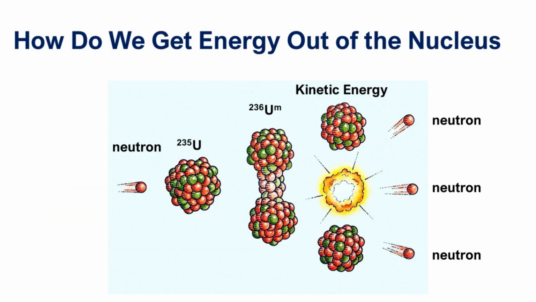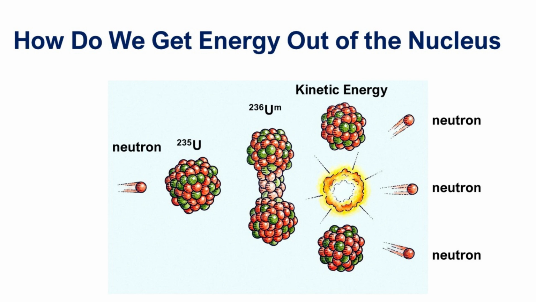How do we get energy out of the nucleus? As you can see on this figure here, from the left in comes a neutron and it hits a uranium-235 atom. The uranium-235 absorbs the neutron and becomes a metastable uranium-236. A few fractions of a second later, or fractions of a femtosecond later, the uranium-236 metastable nuclei splits apart, releasing fission products, which have an awful lot of kinetic energy, which is also known as heat, and 2 or 3 other neutrons. And managing how those neutrons are used in a nuclear reactor is more or less the entire point